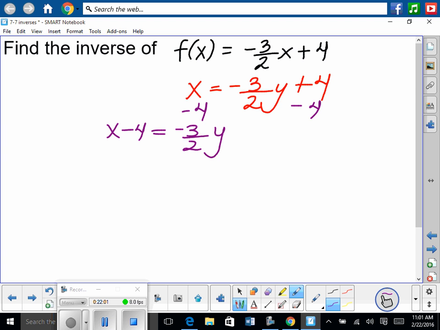Now, some of you are going to want to say, okay, so I'm going to divide both sides by negative 3 halves. If you do that, though, you're going to have to be really, really good at simplifying it correctly. And you'd have to be able to divide fractions, which most of you don't know how to do. Times by 2. That's what I would do. Good. Boom. So Braylon was able to see, isn't this technically,